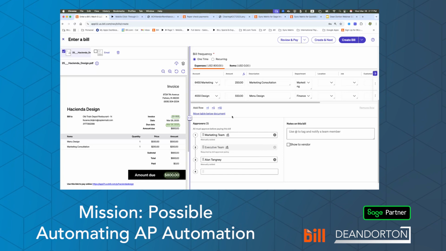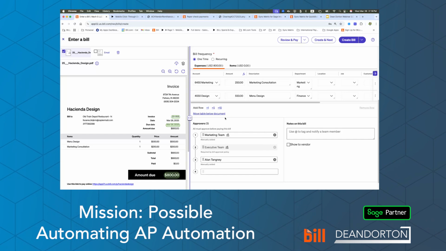Take Intact, for example. You have the ability to set when you want Bill.com to sync those bills to Intact. For example, you might not want a bill to sync to Intact if it's not approved yet, right? So you might say, I only want approved bills synced in. Or you might say, no, I want visibility to them the moment they hit Bill.com, and you can choose that